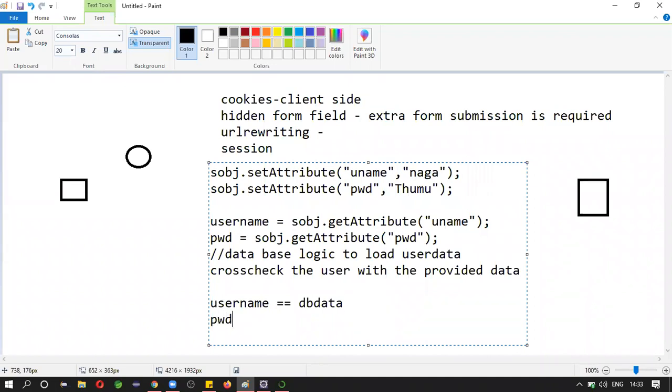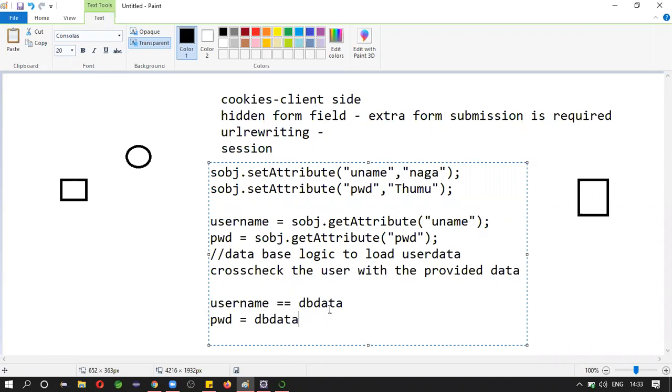Next, pwd equals to this is also from db data. If username is naga and password is tumu, then the user is the correct person. Okay, allow this person to access the resource. This is how we can cross check.